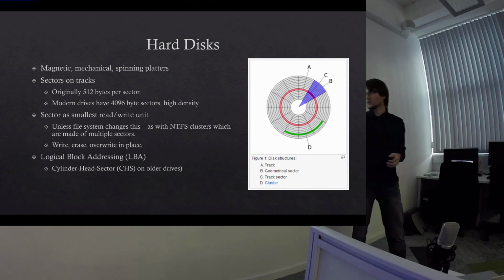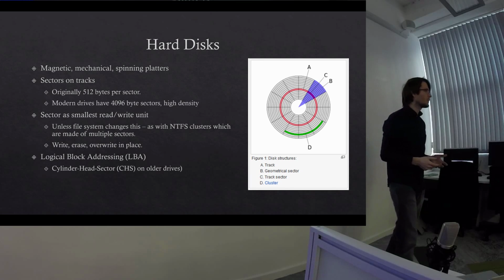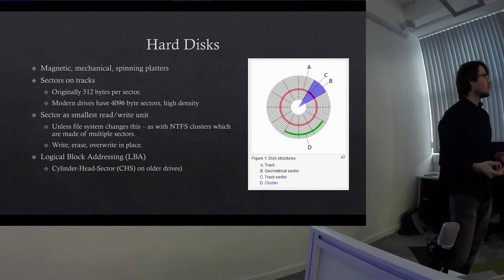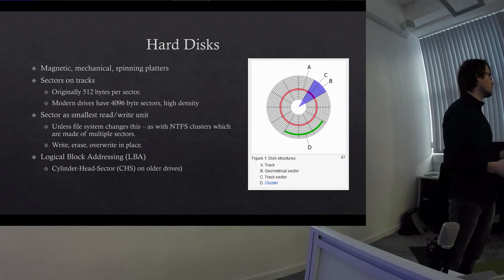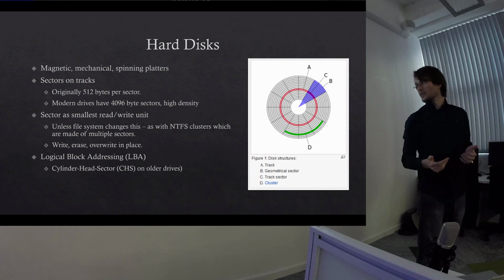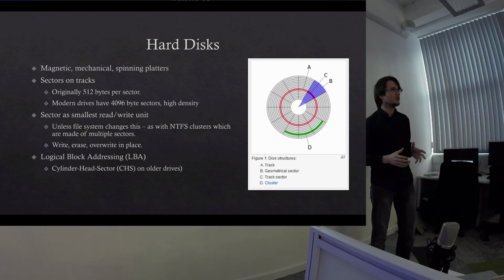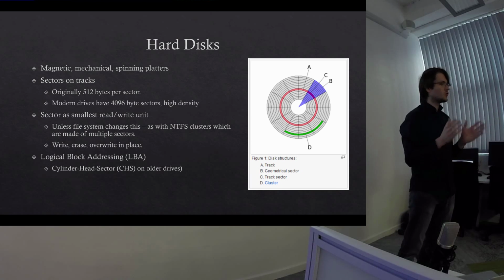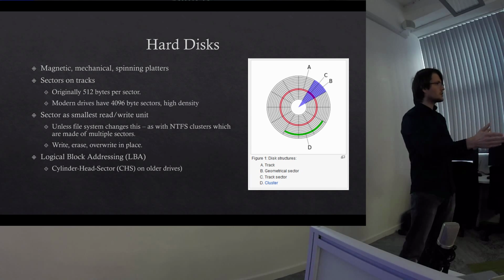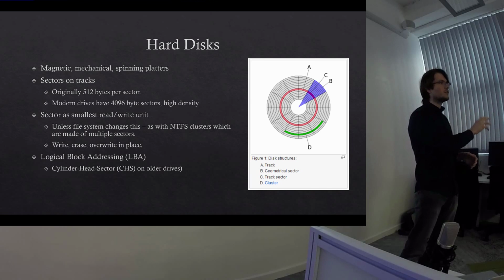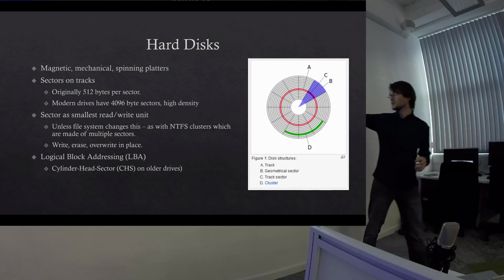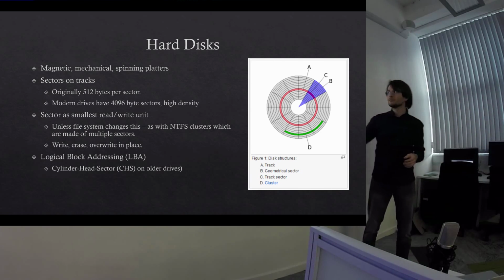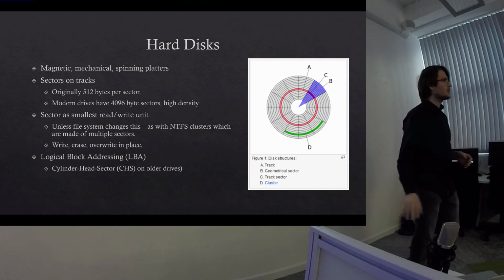Cluster, which I haven't talked about yet, is a file system construct. So a cluster is made up of 1 or more sectors. So you might have 1, 2, 3, 4. And that is the smallest allocation unit. So on NTFS, which is the Windows file system, it doesn't write to individual sectors. You get a cluster or a run of clusters, and you say, I want to write stuff to this cluster. And that's the green bit here, just showing that it's more than one. And I probably shouldn't touch that, because I'll start drawing all over